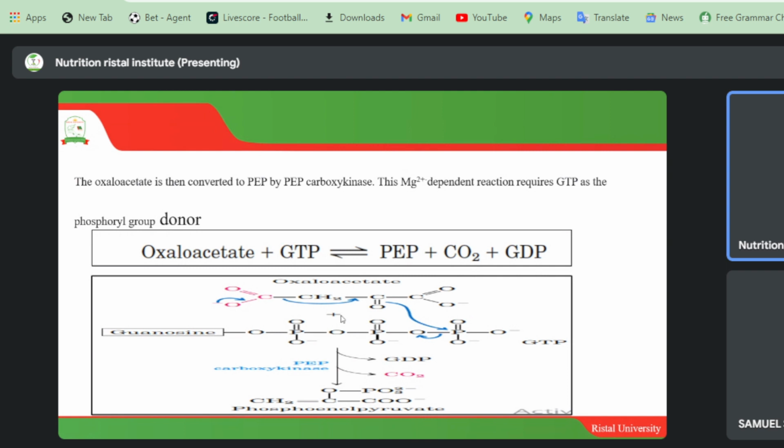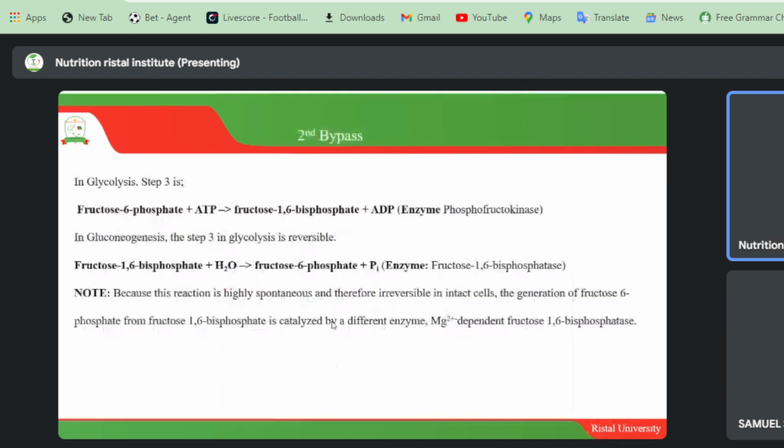What happens here is that oxaloacetate is converted to PEP, phosphoenolpyruvate, with release of carbon dioxide, and then a phosphoryl group is donated from the GTP to our phosphoenolpyruvate. And the second bypass right here